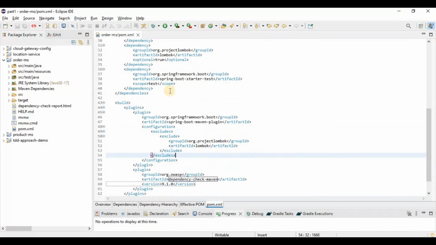Then we need to go to the command line tool, and from there we need to run a Maven command so that it will execute this particular goal, check. As you can see, the version is 9.10, so we need to execute this one. Okay, and the execution goal type will be dependency check, so that also you can define